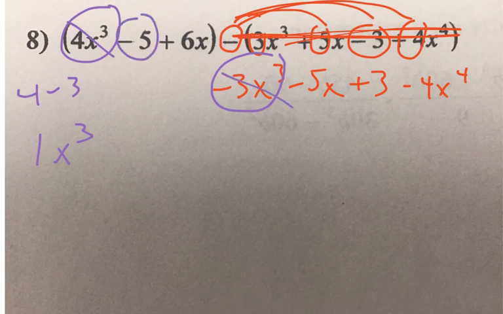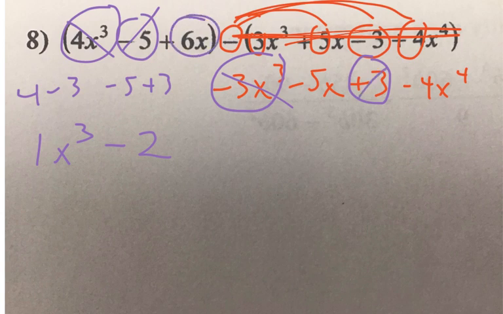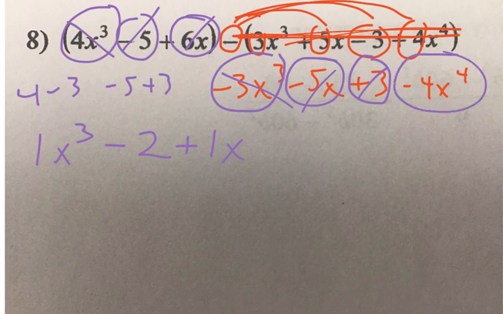What's next is a minus 5. Over here I have a plus 3. What is minus 5 plus 3? Well, that's a minus 2. 3 minus 5 is negative 2, right? Cross them out. What's next is 6x. I can combine that with minus 5, and 6 minus 5 is a plus 1x. Cross them out. And notice, at the very end, sometimes it's in the middle, but I do have a minus